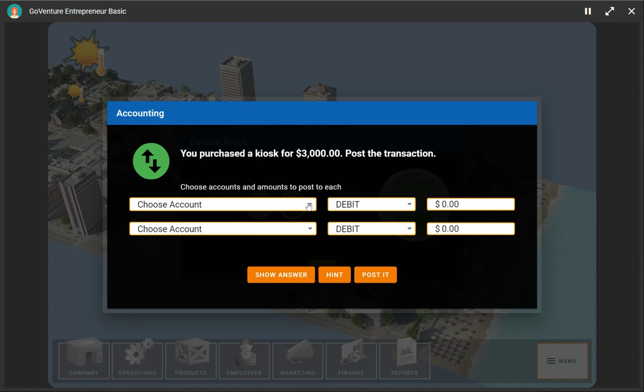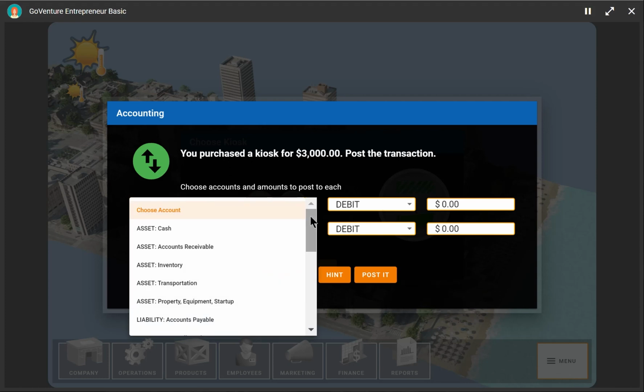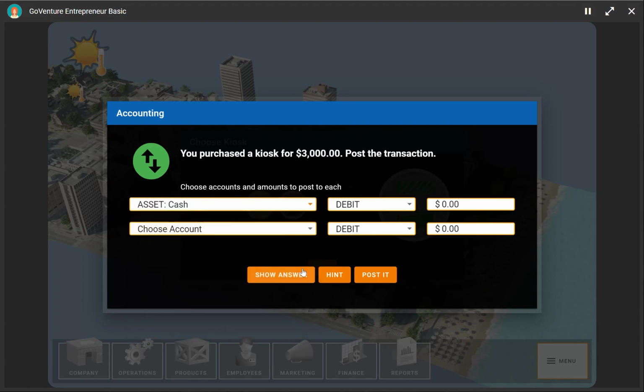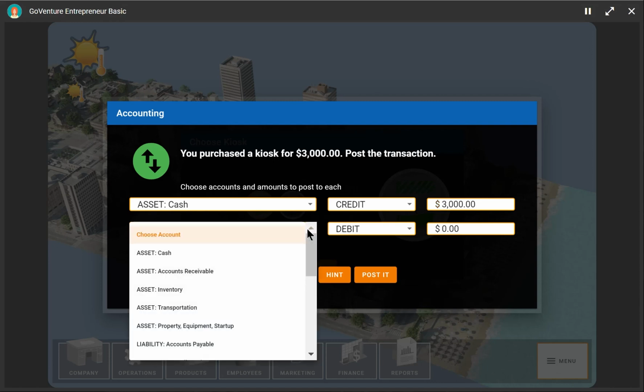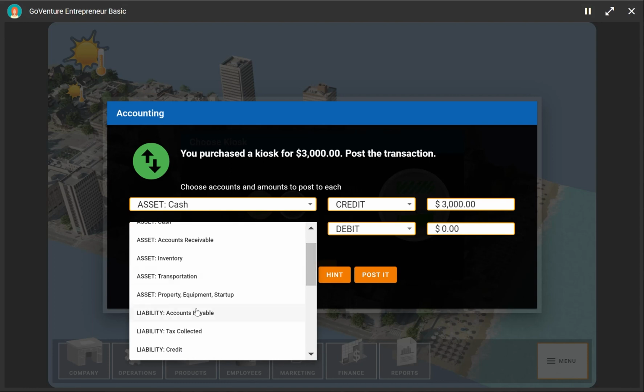So let's post that transaction. If something's going to cost us $3,000, that means we're going to pay $3,000. So our cash, in this case, is going to be reduced by $3,000. A reduction in cash is a credit. So there's our $3,000. And what are we going to balance with that? Well, a kiosk is a physical item. It's a physical asset, and so it would be classified in the list of accounts as property, equipment, and startup.